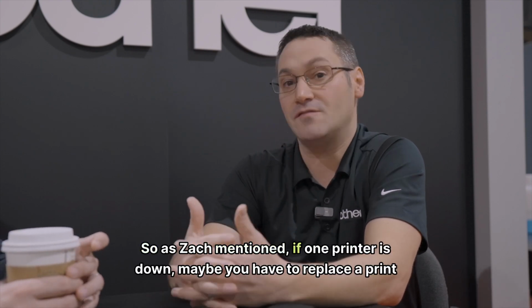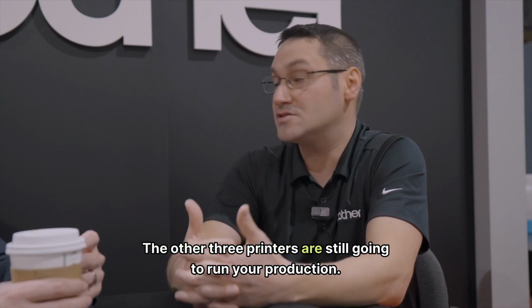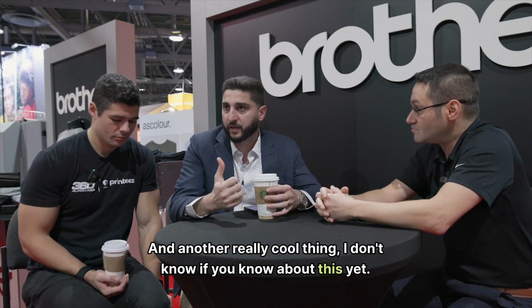So as Zach mentioned, if one printer is down, maybe you have to replace a print head, the other 3 printers are still going to run your production. Yeah. So you have printer redundancy built into the system. Yeah. And another really cool thing that I don't know if you know about this yet,